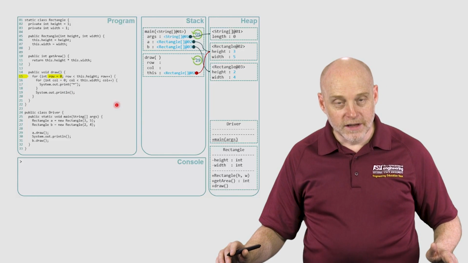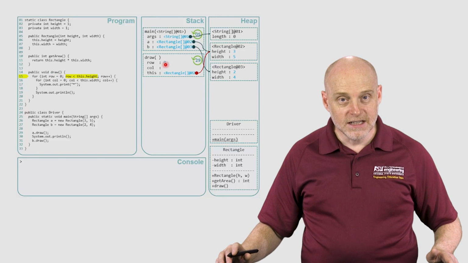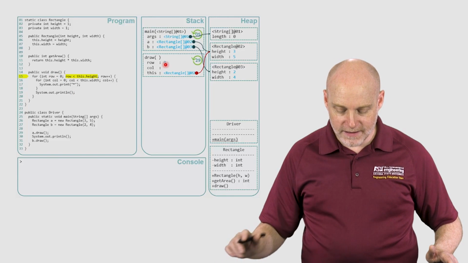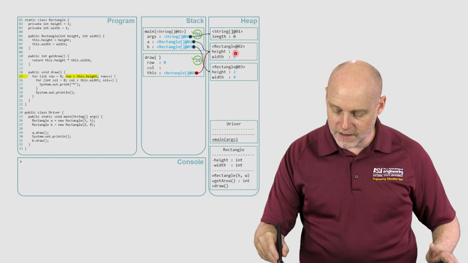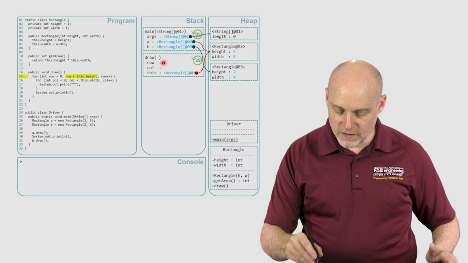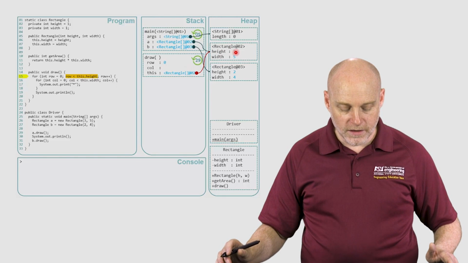We're going to initialize the row variable to 0. We're going to test this condition. Is row less than this height? Well, this is this rectangle, and its height is 3. Row is indeed less than 3. 0 is less than 3. So we're going to enter the body of this for loop,